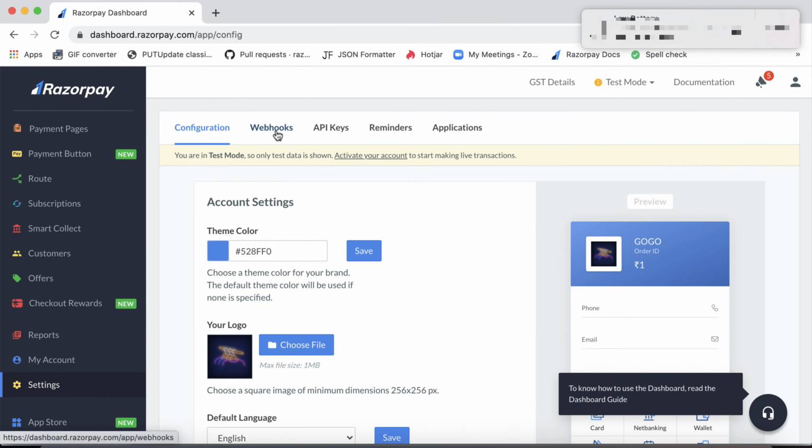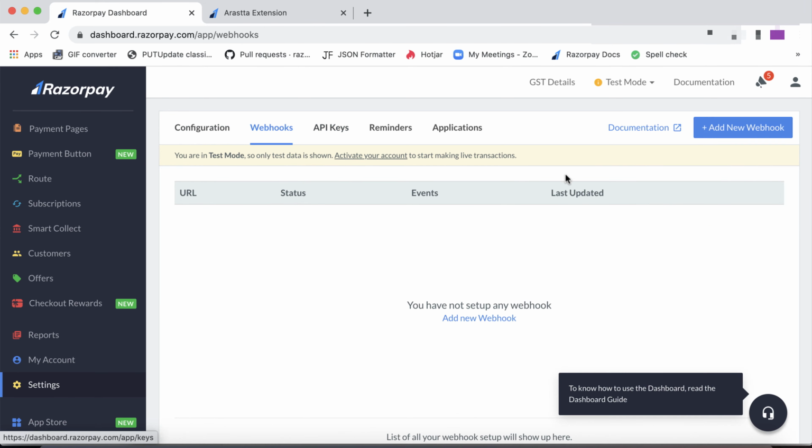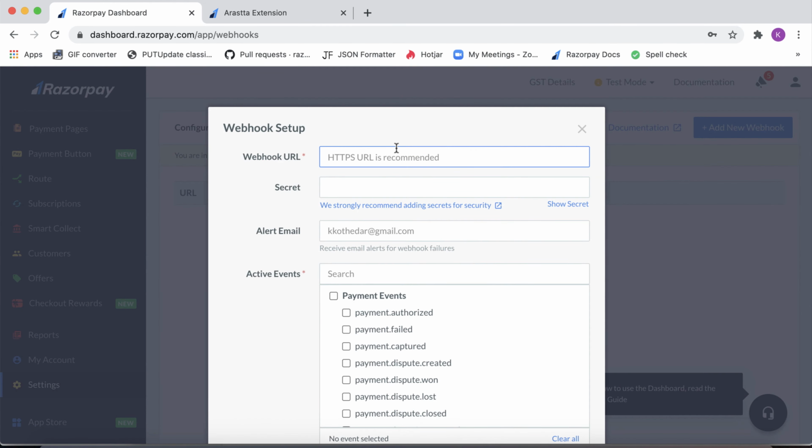In the Webhooks tab, click on the Add New Webhook button. Now, in the Webhook Setup form, enter the Webhook URL. Add a secret password. This is for security purposes. Enter an email address to receive alerts for any webhook failures.